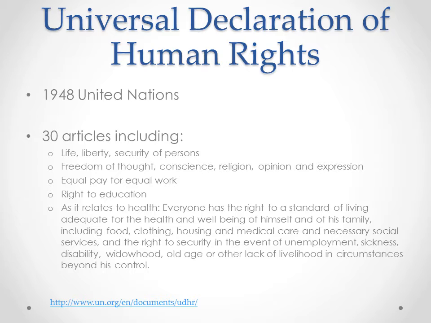As it relates to health, which is our main concern today, it states, everyone has the right to a standard of living adequate for the health and well-being of himself and his family, including food, clothing, housing, and medical care, and necessary social services, and the right to security in the event of unemployment, sickness, disability, widowhood, old age, or other lack of livelihood in circumstances beyond his control. So, do you think we have that here in the U.S., or how about other countries? This declaration is looking at health broadly, and looking at what we think about now as the social determinants of health, which I'll talk about in a minute.